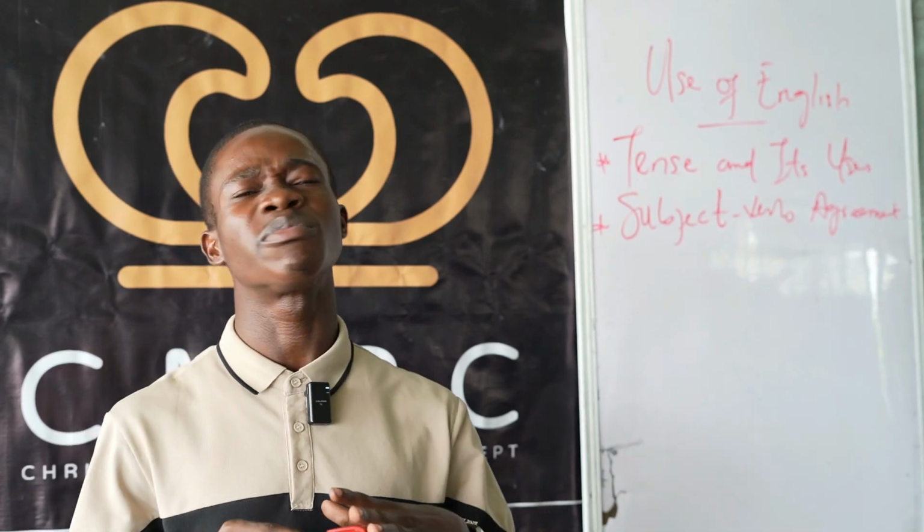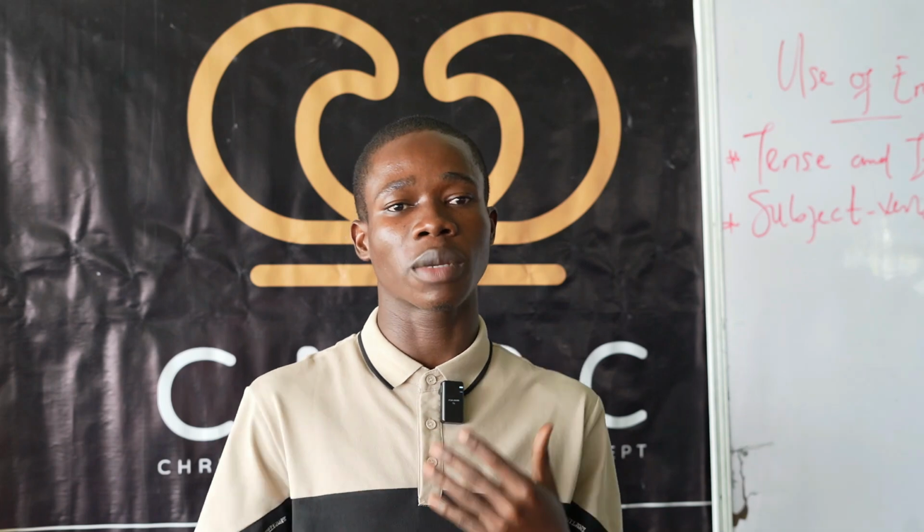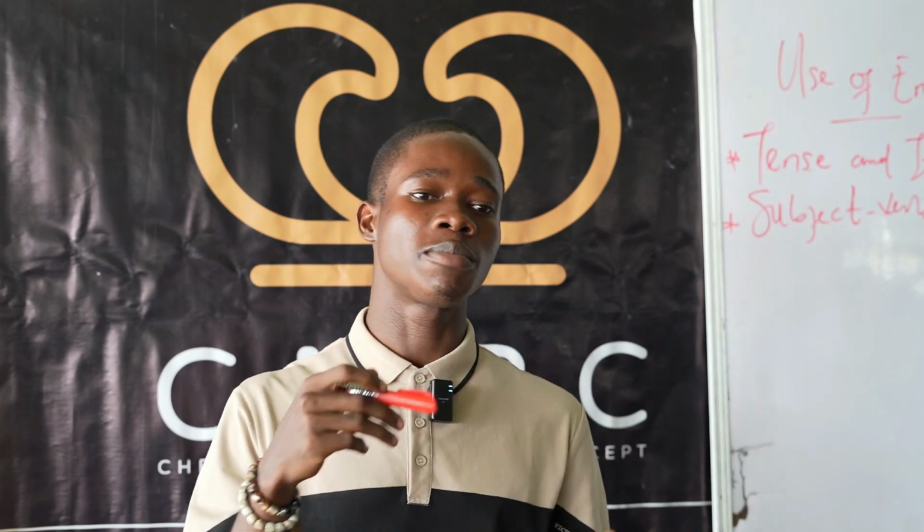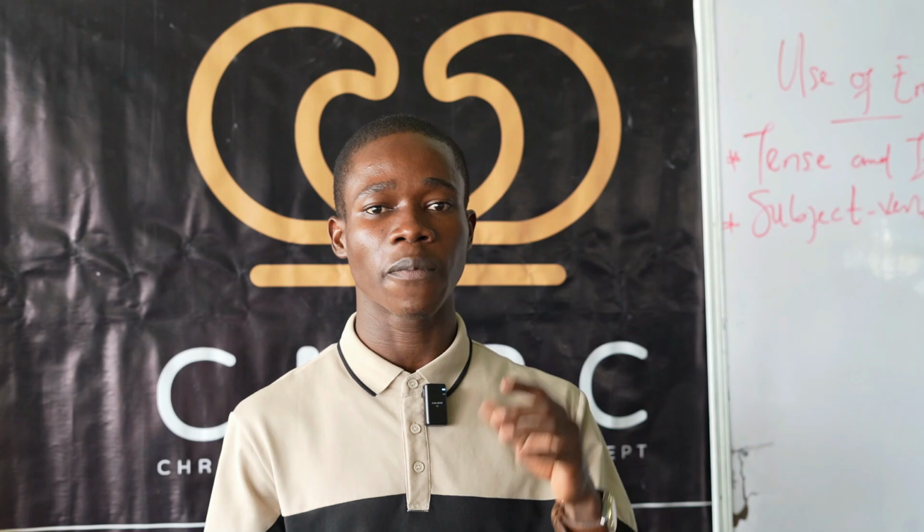Basically, there are two tenses in English, while other forms of tenses build on these two tenses. We have the present tense and we have the past tense. We might talk about the future tense, but I want to say that the future tense builds on the present tense. For instance, you have come. Come is a present tense. If you want to form your future tense from come, you would have a modal will plus come, which is will come. You can see that we have a compound verb like that. So basically, we have two major tenses in English language.